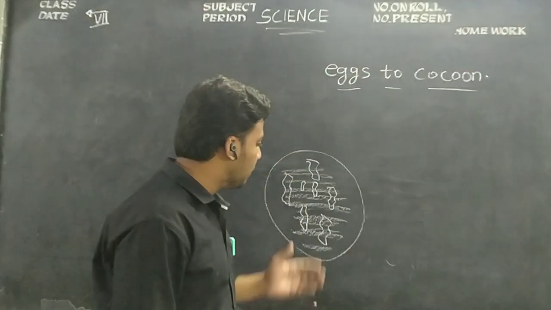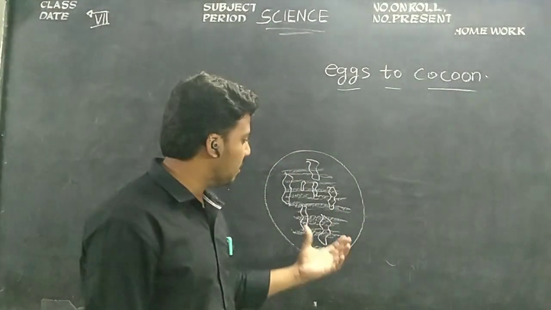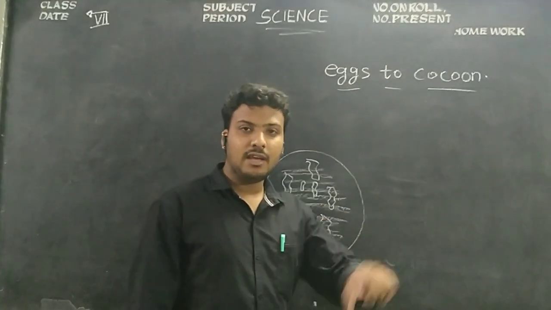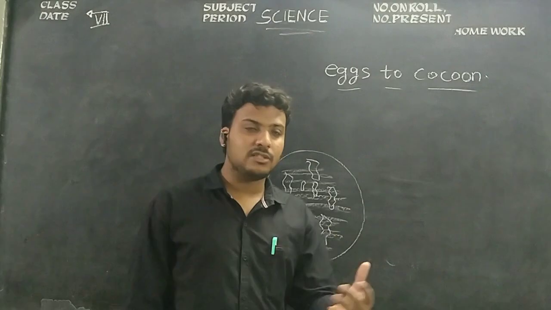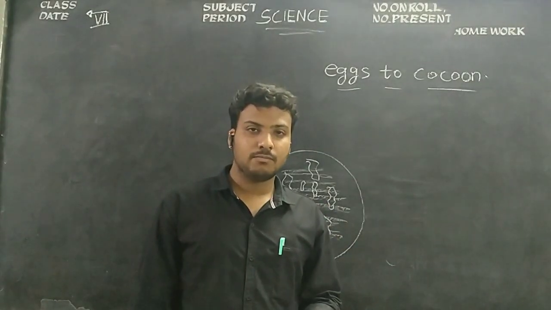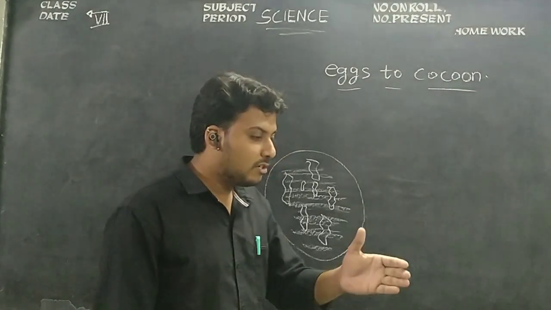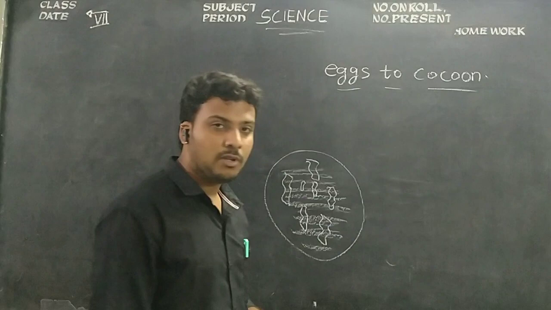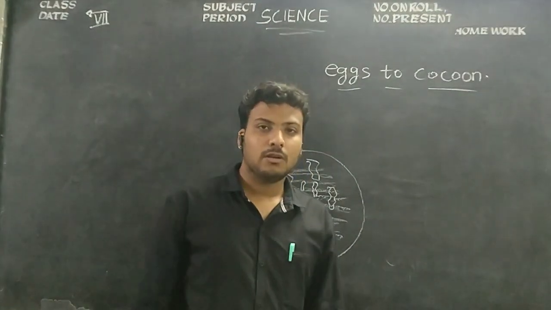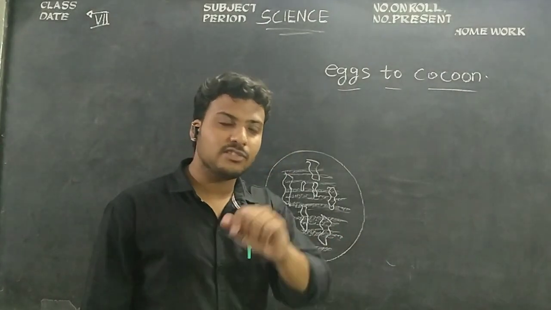So if we want to get cocoon from silkworm, we need to provide mulberry leaves for it. So what happens? The silkworm, day and night, continuously eats these mulberry leaves, and after 35 days of completion of this period, it stops eating these mulberry leaves, and it does not move anywhere. It settles like this, children. Why? It is a period to change into another cycle.